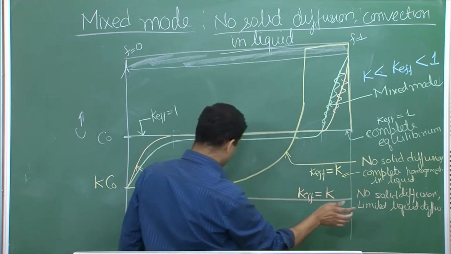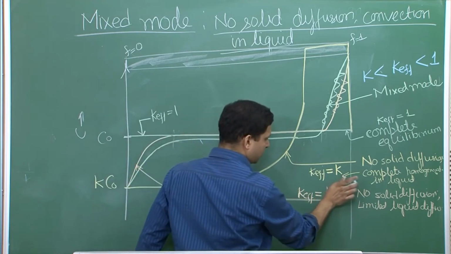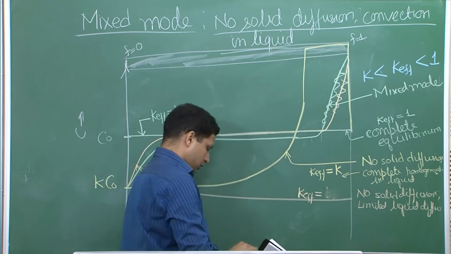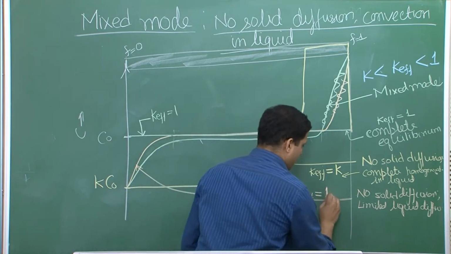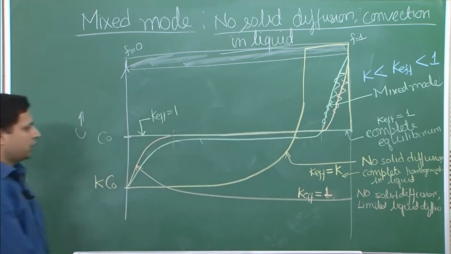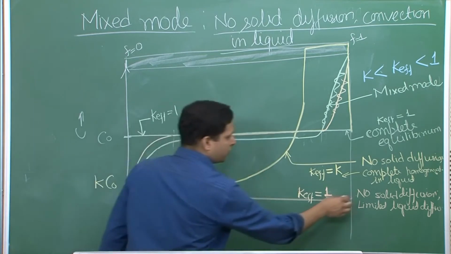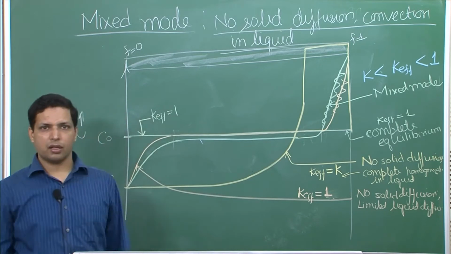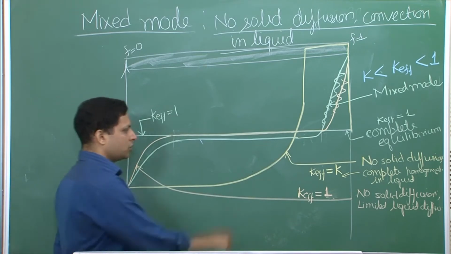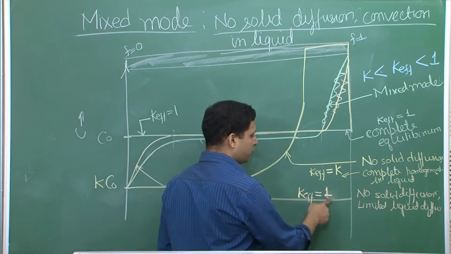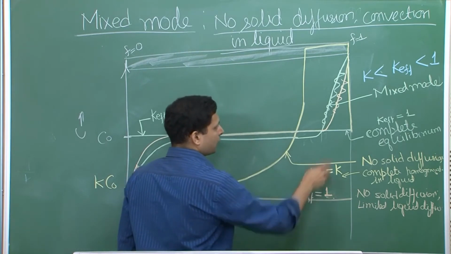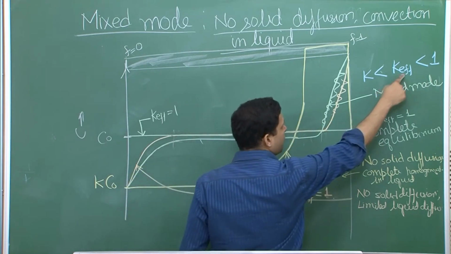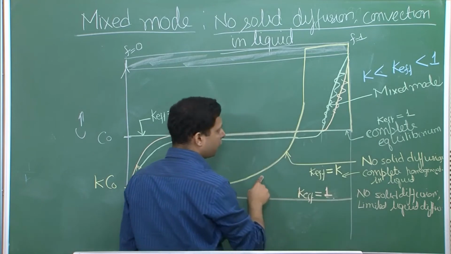Okay, so I mixed up a little bit. This should have been 1. I am saying 1, but I somehow wrote K equal to K. So this one is because the concentration of solid is the same as the concentration of the liquid far away. So the effective distribution is equal to 1. So this is 1 and this is less than this. So it must be less than 1, but it is higher than that for Scheil's equation.